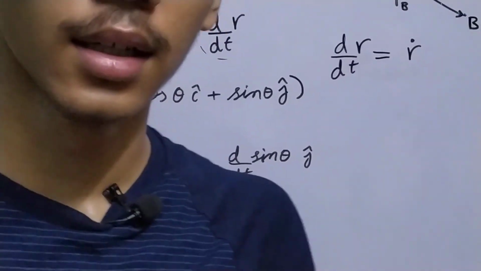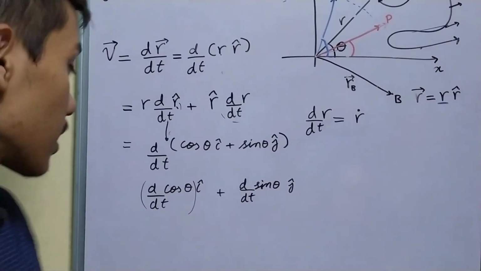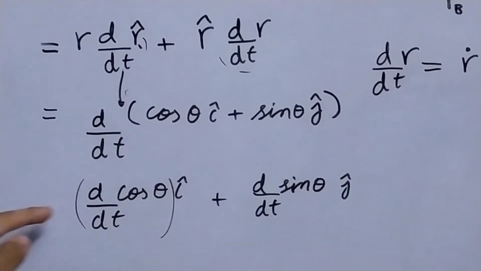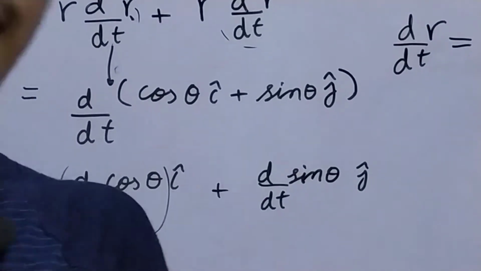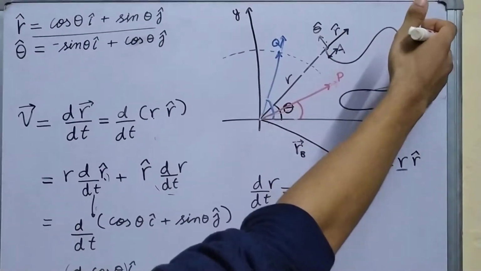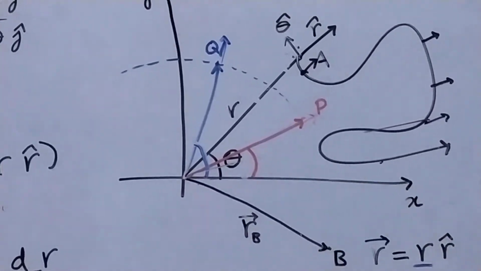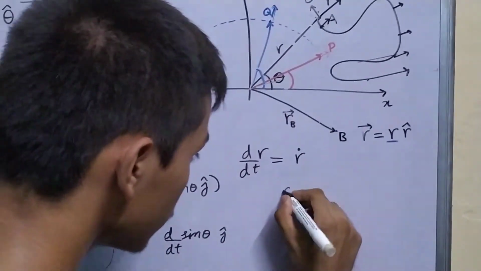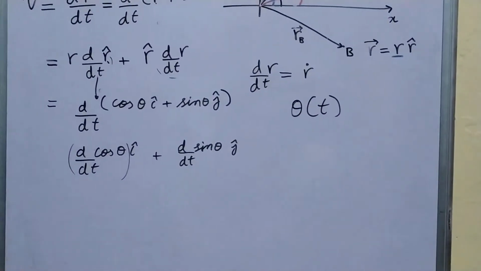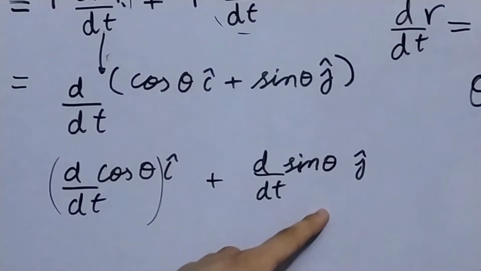Now you might think that the only functions we are dealing with are cos and sin, and since they have theta in them, not t, we can move cos out of this differentiation. That is wrong. Why? Because as you are moving, your theta, the angle which you make with the x-axis, is also changing. So theta is also a function of time. It's not something that is constant. Therefore cos theta is also a function of time, and sin theta also.